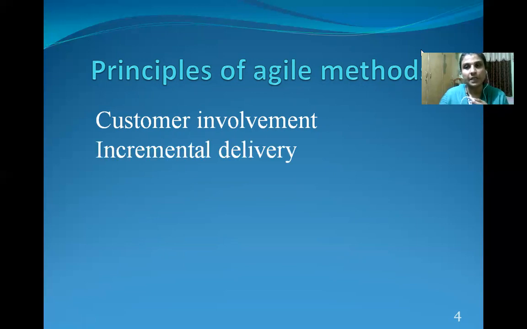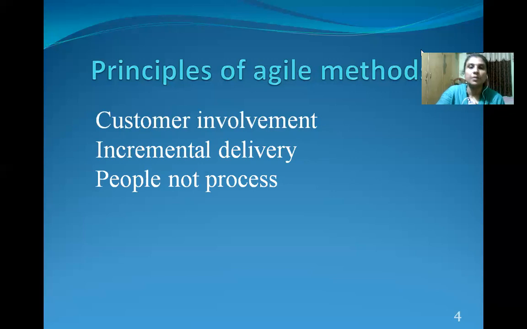Next, we have incremental delivery. As specified, the agile methodology has adopted this iterative development, either incremental or spiral. Suppose a customer comes with 100 requirements. I cannot implement all 100 requirements in one shot, correct? I have to prioritize the requirements. I will develop and deliver the highest priority requirements in the first version. Similarly, the next highest priority requirements will be developed and delivered in later versions. That is basically what incremental delivery is.